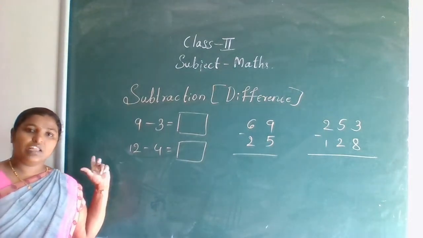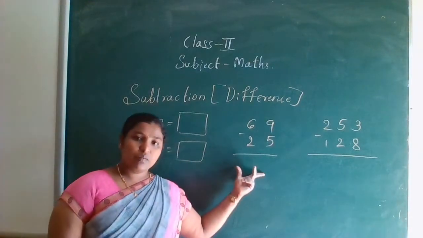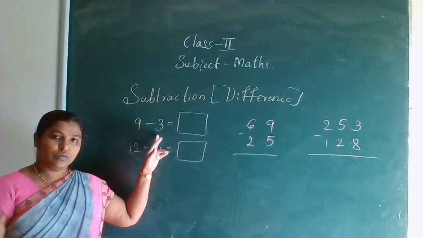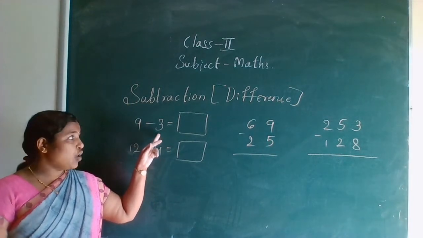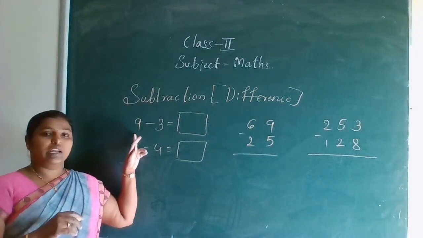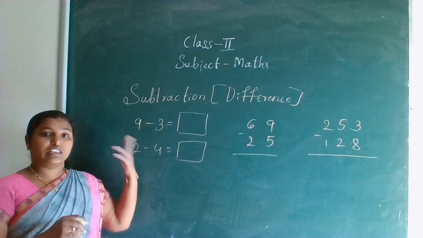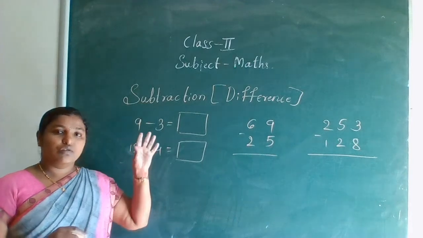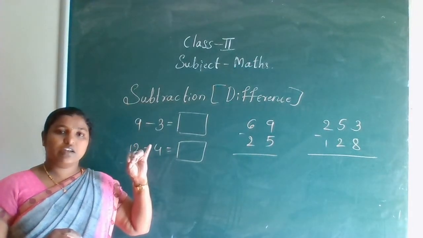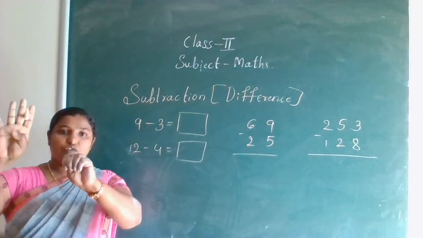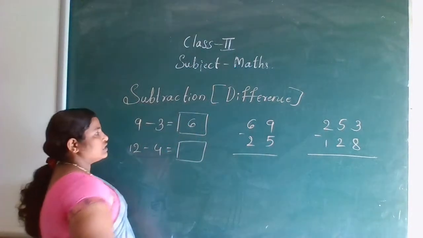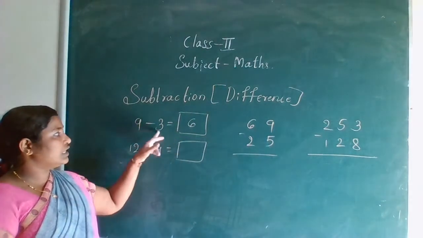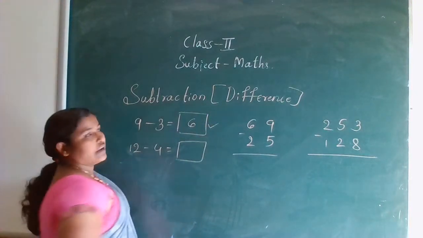One, the problem in the row. This is in the column and this is also in the column. 9 minus 3, how to do? What you should do is, the small number leave, count up to the big number. 3 you should not count. After 3 what is there? 4. Right, from 4 you count up to 9. 4, 5, 6, 7, 8, 9. How many fingers folded? 6. So the answer is 6. If we add 6 and 3, we should get this. 6 plus 3, 9. Yes, our answer is correct.